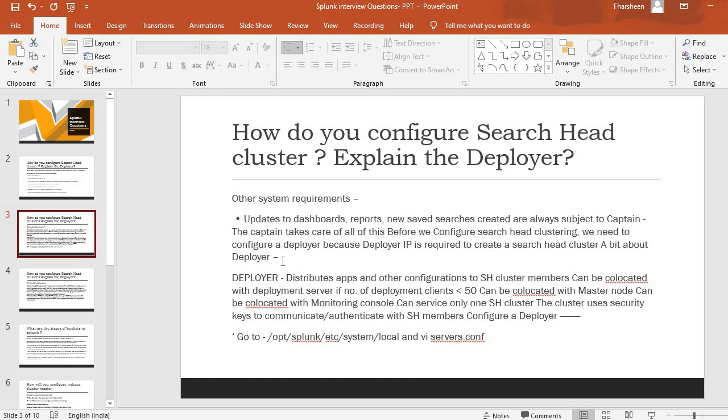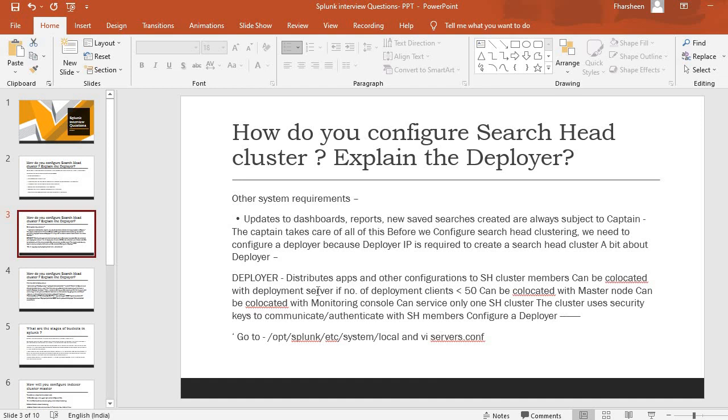When it comes to the deployer, it helps to distribute the configuration files or apps to the search head members. Before you configure the search head clustering, you will configure the deployer, because we'll be using the IP address of the deployer.